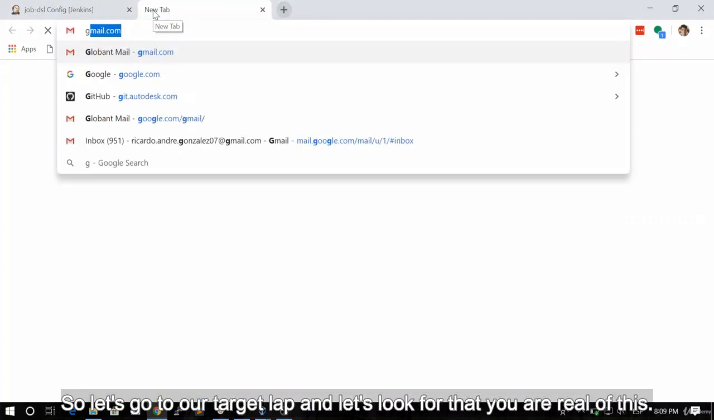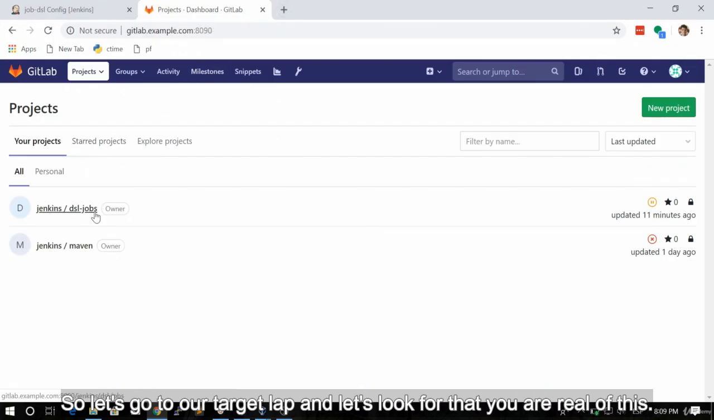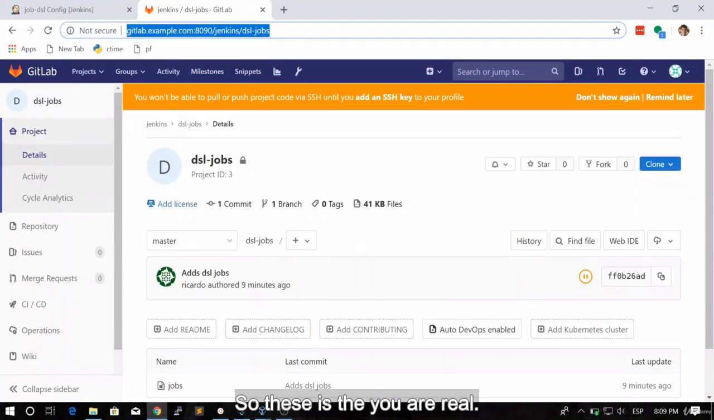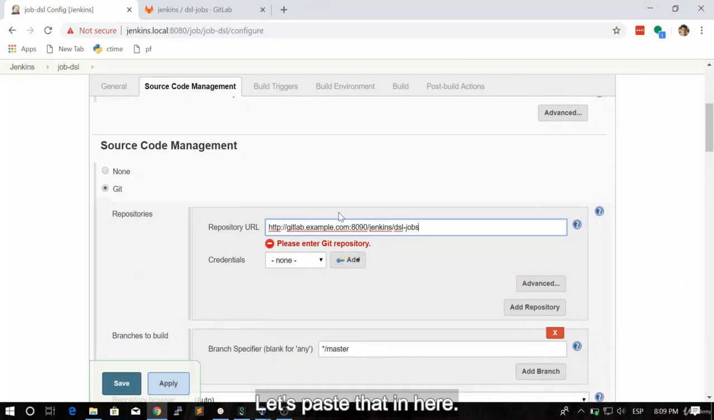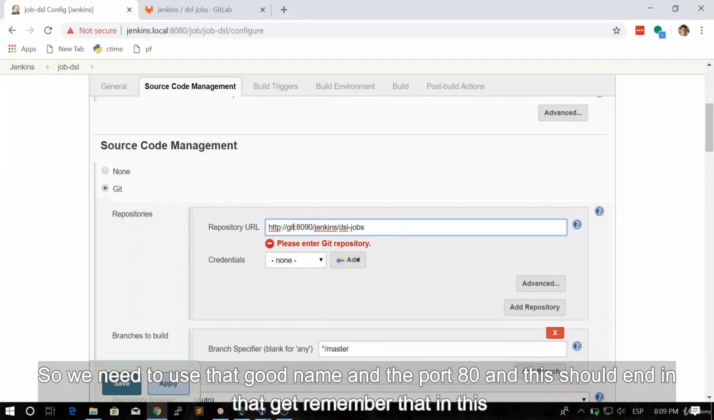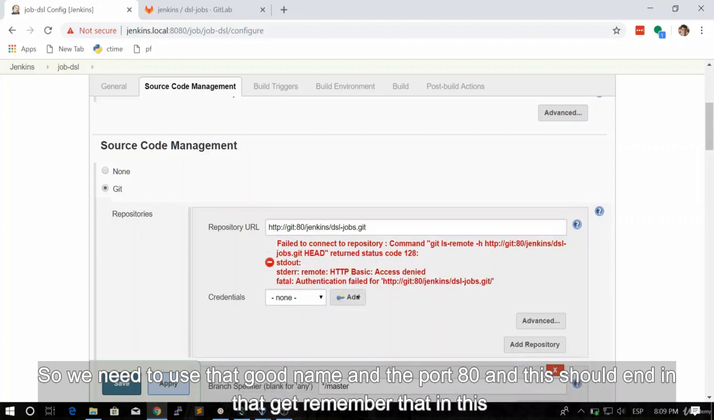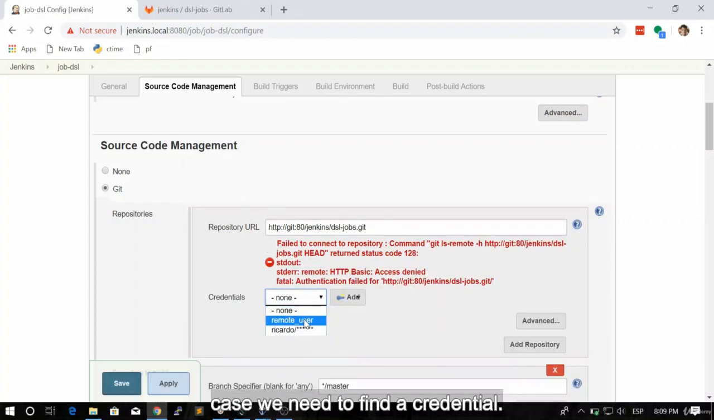So let's go to our GitLab and look for the URL of this. So this is the URL. Let's copy this and paste that in here. Remember in here, this is internal. So we need to use the git name and the port 80, and this should end in .git. Remember that in this case, we need to define the credentials. So let's